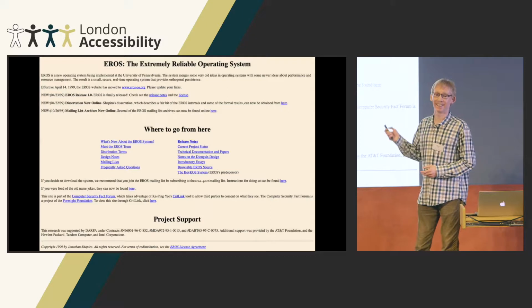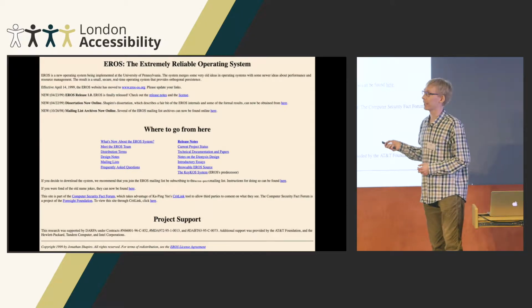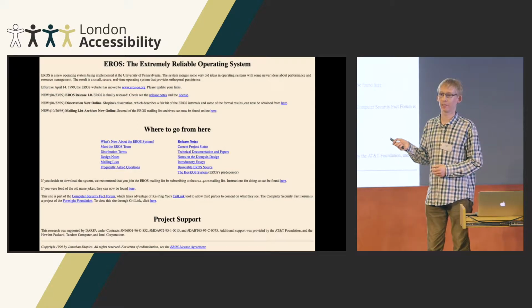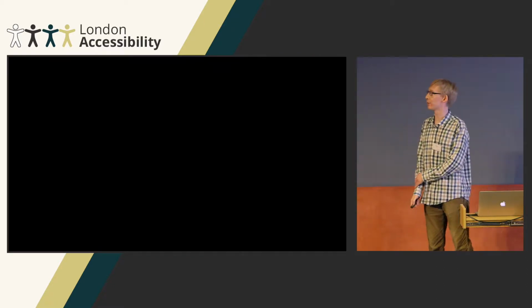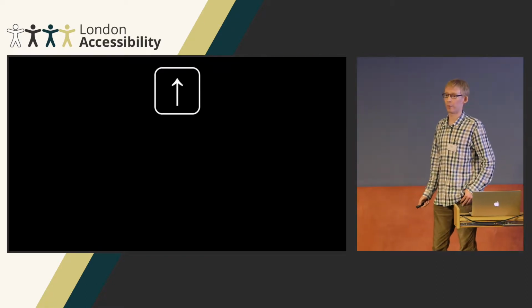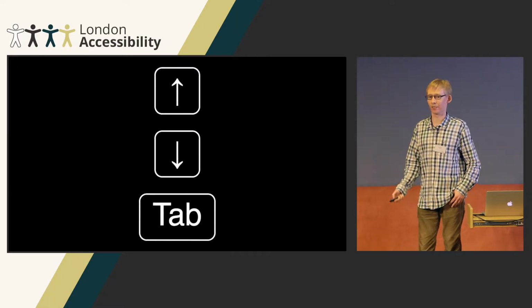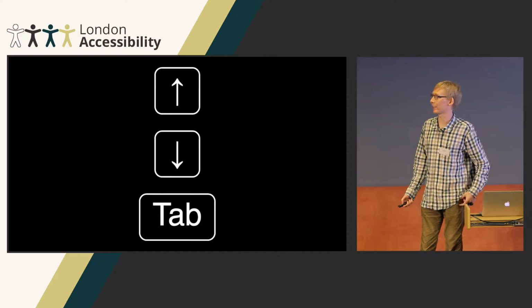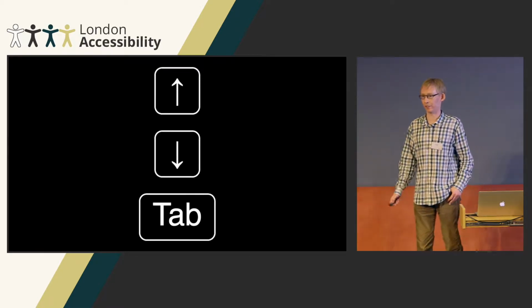Now, it's quite easy if you're a visually browsing user to see your way around this page. You can see that there's three main headings, and if you are a visually browsing sort of person, you can use the up arrow, the down arrow, and the tab key to move around, and you can see the headings as they go past. If you happen to be using a screen reader, maybe you can't see the page so